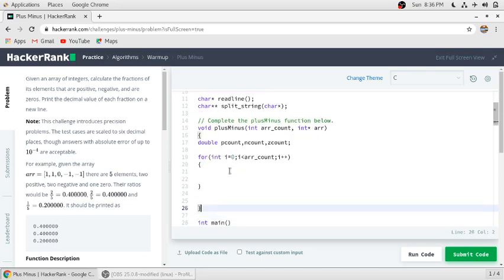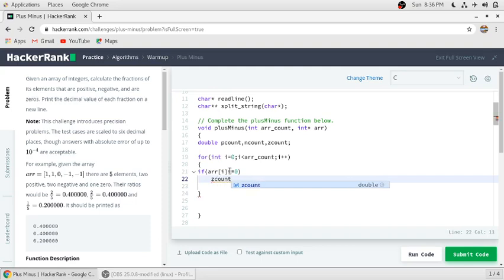So here we need an if else condition. If arr of i is equal to 0, then increment 0 count. Else we need a nested if else. Else if